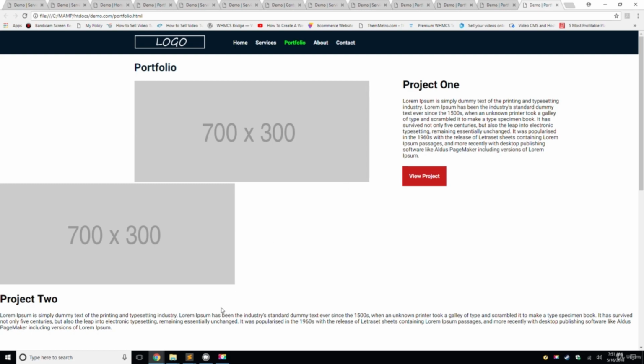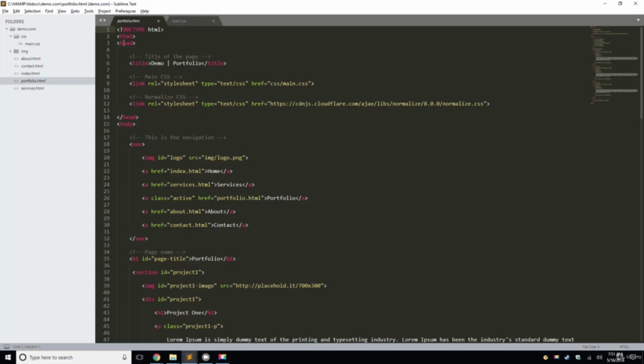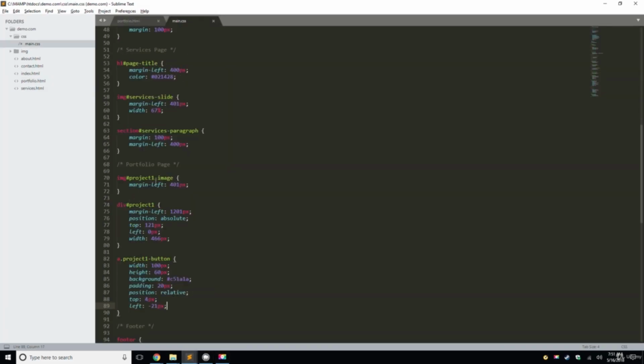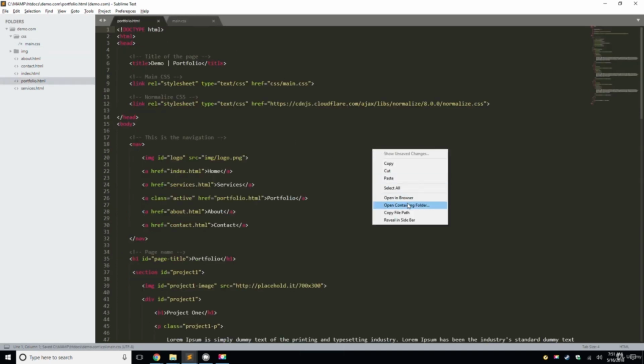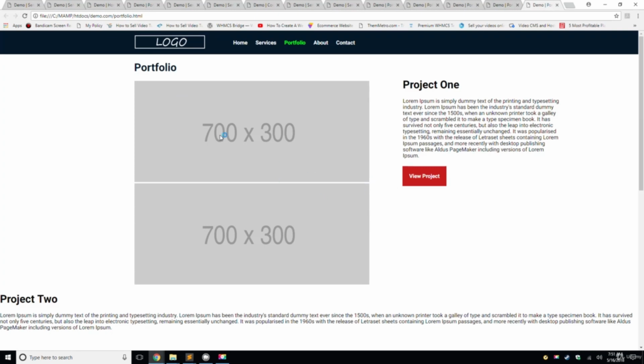Okay, so now what we need to do is we're going to add to this. So I'm going to copy this right here. We're going to type in a comma, space, paste that in, and we're going to change this to project 2 image. Okay, let's go to portfolio.html, right click, open in the browser, and you'll see that this is right next to it, right? And it should be